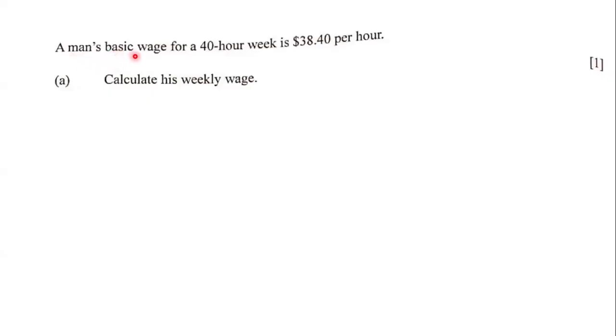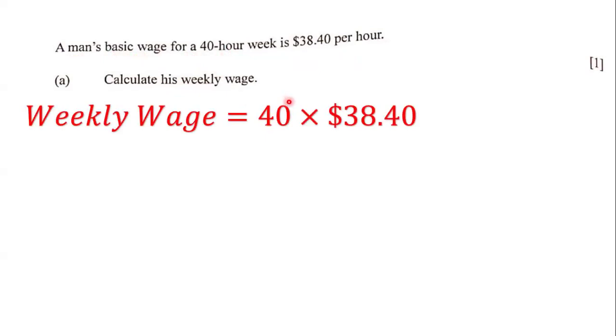A man's basic wage for a 40-hour week is $38.40 per hour. Calculate his weekly wage. So in order to determine his weekly wage, we're going to say 40 because it's a 40-hour work week. And we multiply that by the amount that he's paid per hour, which is